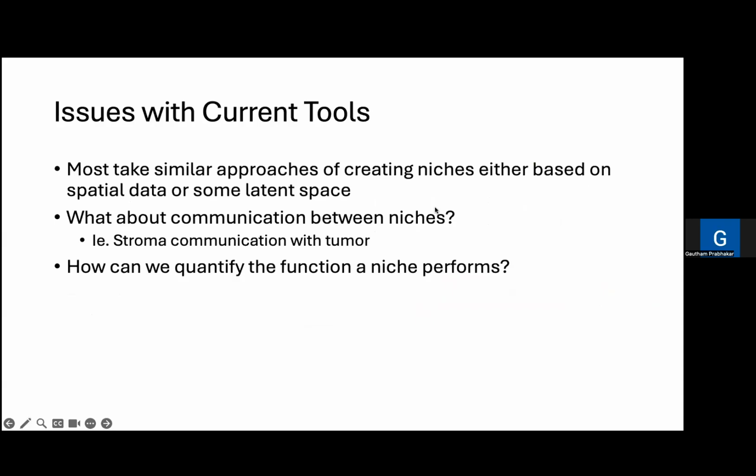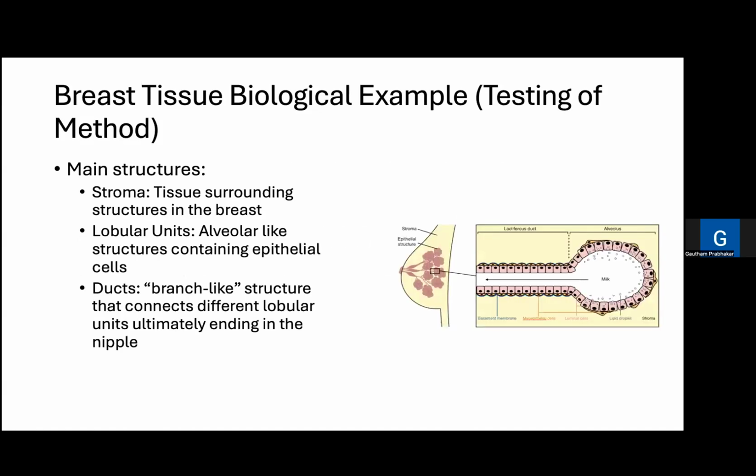So the current issue with these tools is they take similar approaches to creating niches based on spatial data or some latent space, but they don't ask the question, how do these niches communicate with each other? For example, if we have a tumor sample, how does the stroma, or the cells surrounding the tumor, actually affect the tumor? And vice versa, how does the tumor send signals out to the stroma? And how can we quantify the function that a niche performs? And so I created this method, but before we get into that,